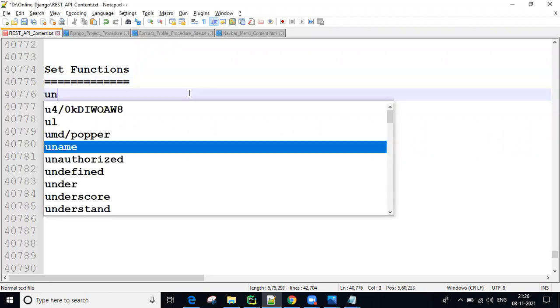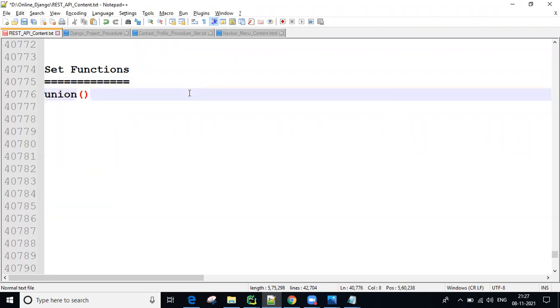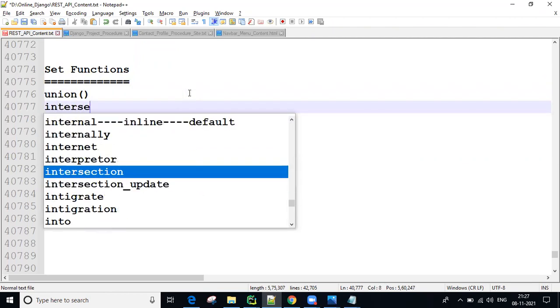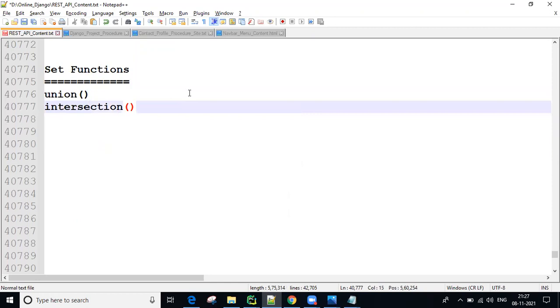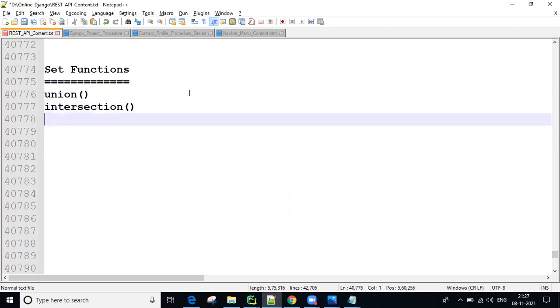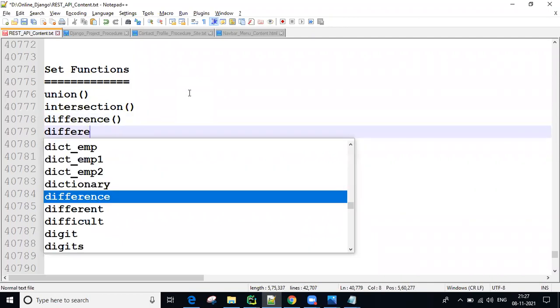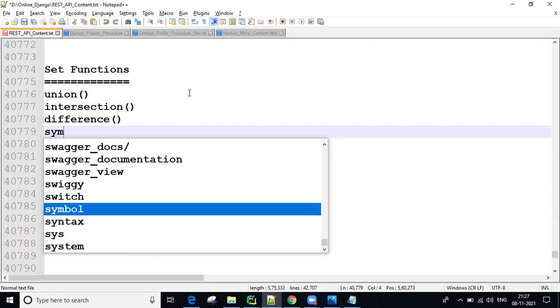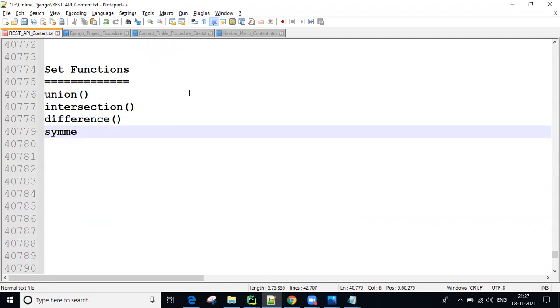Union, right? Next one, intersection. Next, difference. Next one is symmetric difference.